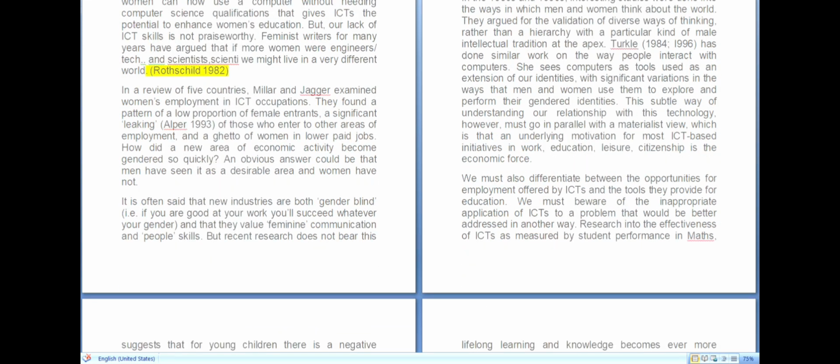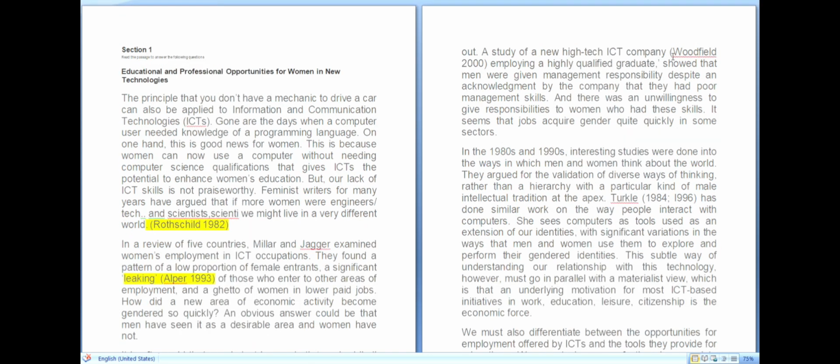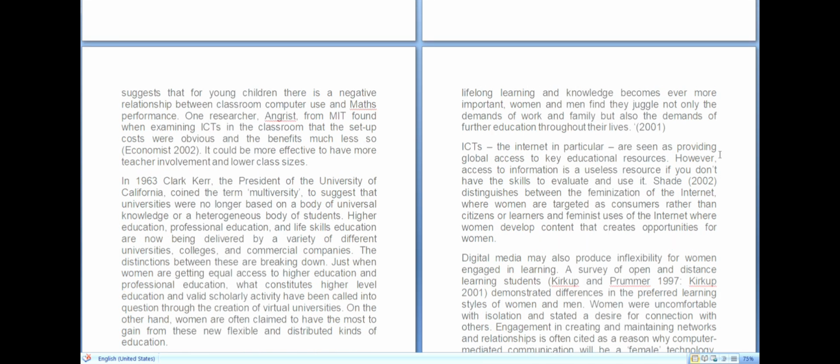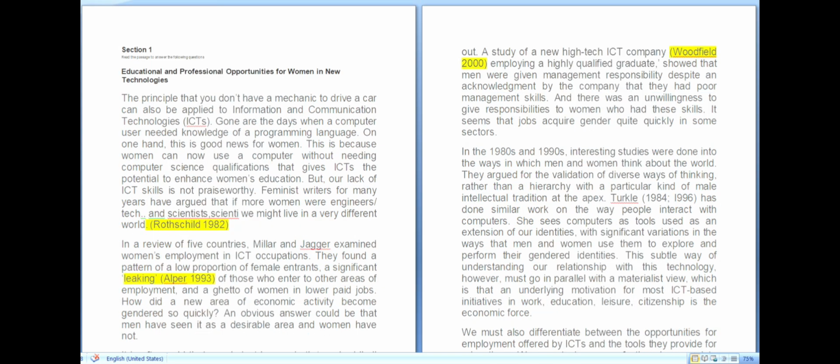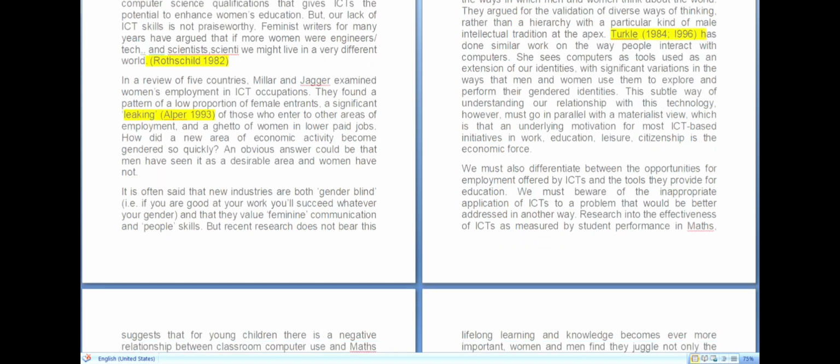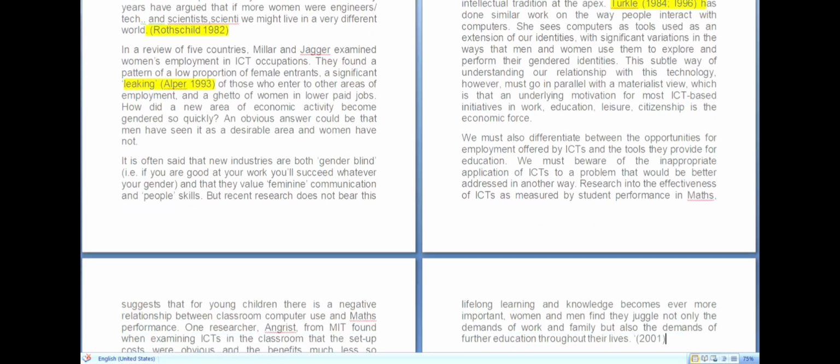I highlight it. Go to the next part of the paragraph, which is in continuation here, and I find Woodfield here, highlighting them. Isn't it like a game? So good, no? Right. Hope you get this type of questions in your main paper. Turkle in the following paragraph. Similarly, just looking for the capital letters and years and scrolling the page to the bottom. Fine, I don't find anything here. I go to the left hand side of the page and here I find Economics in 2002.